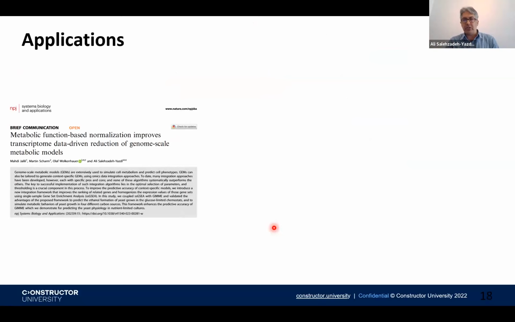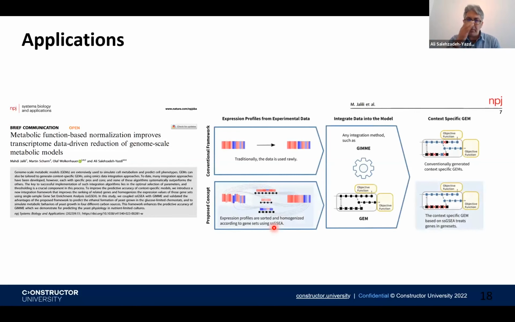And about the application, I listened to all the talks and really enjoyed them, and I can tell you that for all the talks that I had, the genome-scale metabolic model is applicable. For some of them I have examples here to show you, but for some I just mention that they are also doable. For example, in this paper, we